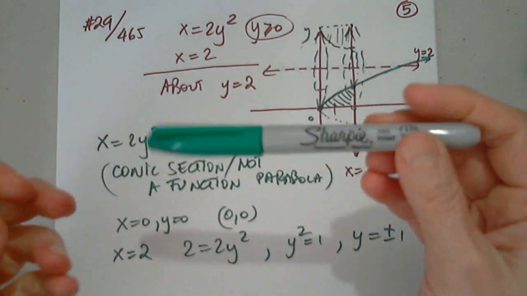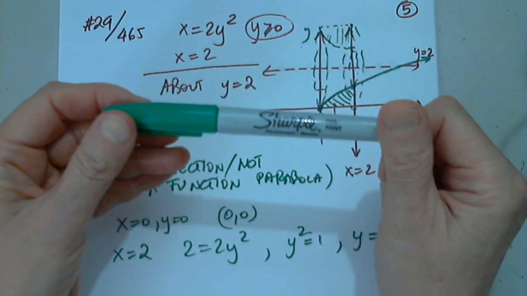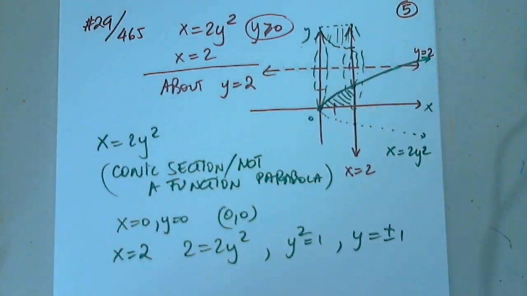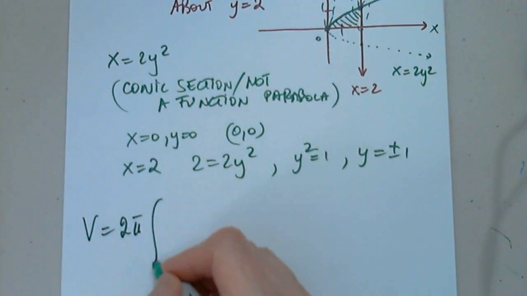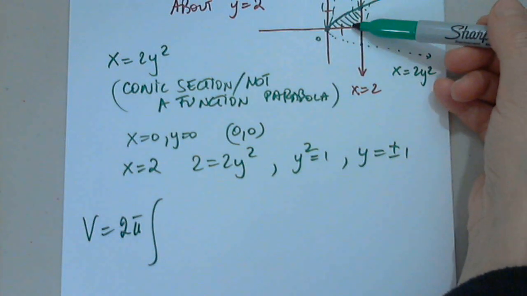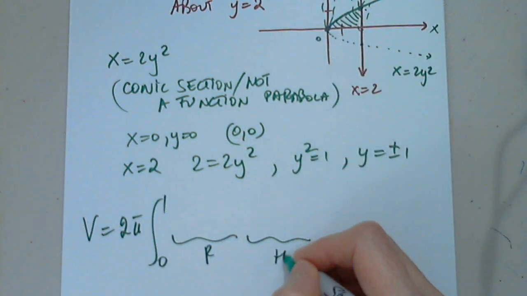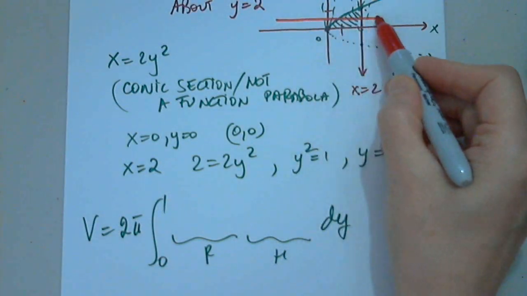When we use cylindrical shells, when we rotate with respect to a horizontal axis, we integrate with respect to y. So I'll get the volume started. 2 pi, the integral from 0 to 1. We are talking about the area with respect to y. 0 to 1, radius, height, dy. Since we are integrating with respect to y, we will say this. For a particular y value,